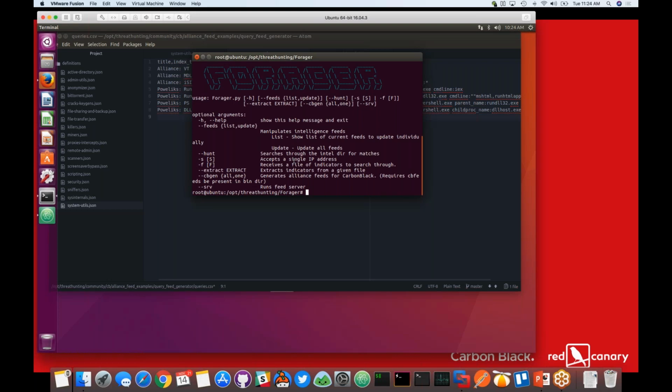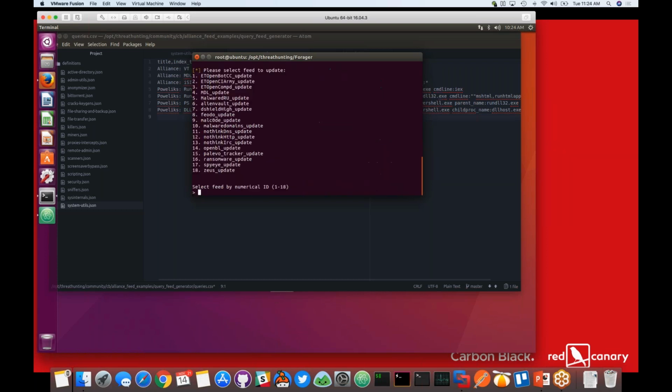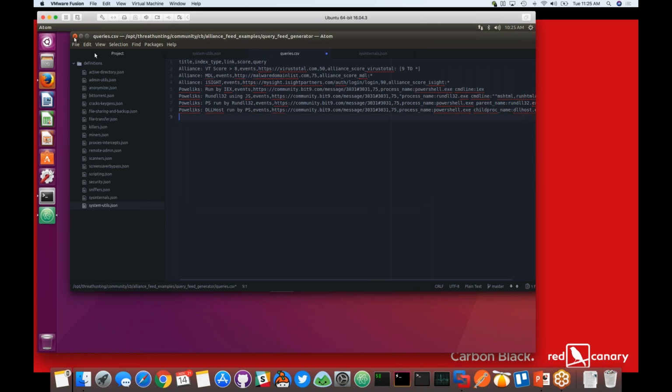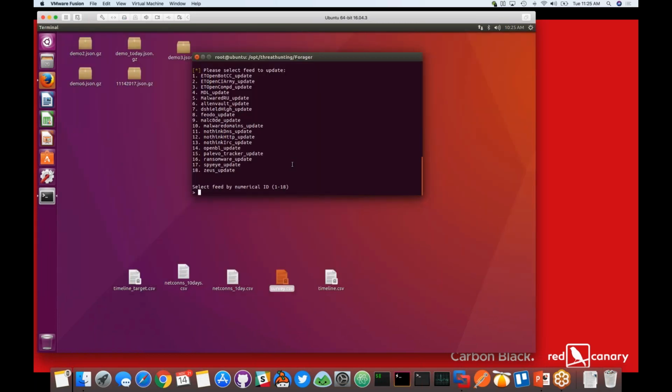In this case, I'm just going to show you what these different feeds look like. So I'm just going to run feeds list, and you can add all these feeds as well. If you have anything else that you're picking up open source wise, it's really easy to add them to Forager. In this case, we have a lot of very basic ones that are very open. Anybody can find these out there. So I'm just going to pick a basic one, which is malware domains list, which is number 4.